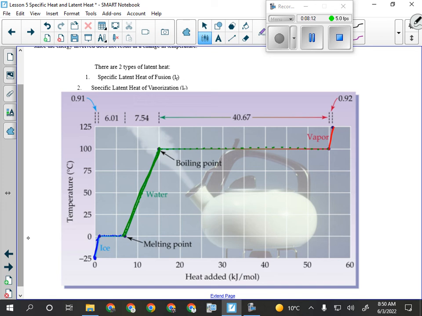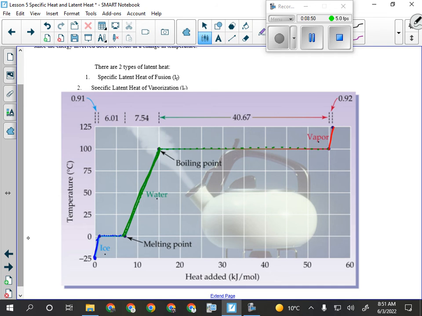Actually, these are the 2 places here. The dotted lines are the 2 places I can't use it, because what's the temperature change in those parts? Oh, 0. So if I use it there, I'm going to get that the kinetic thermal energy isn't changing, which is totally true. In those 2 parts, it's not. But in these parts, here, here, and here, there is a delta T. So I could use that formula in those 3 places to calculate the amount of energy that would be required to heat either ice, water, or vapor and change its temperature.